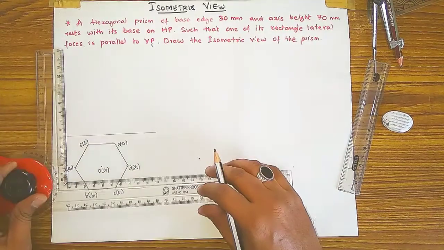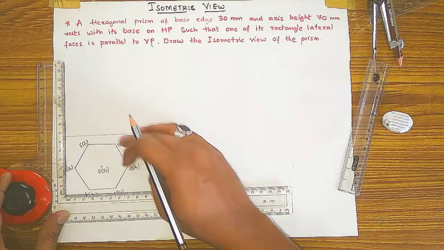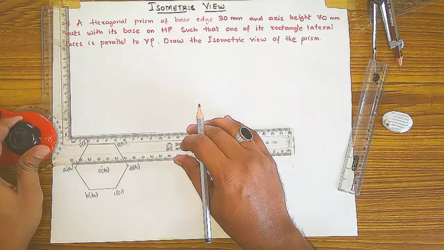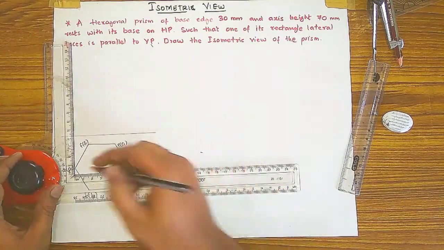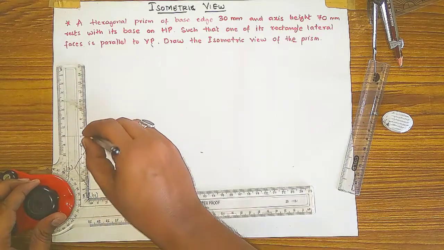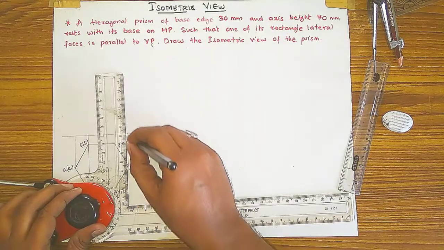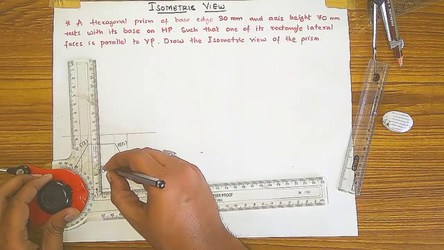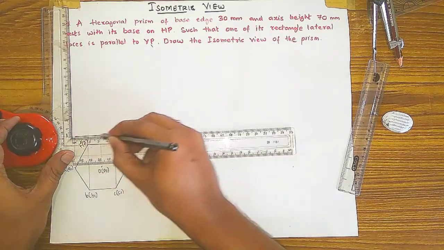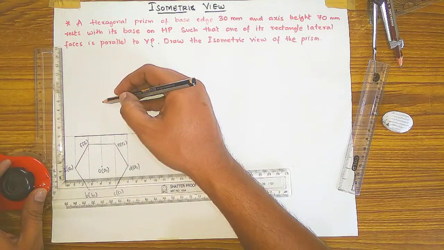After the labeling, you have to draw a projection line from each point to the XY line, and the projection line should be perpendicular to the XY line. So adjusting the minute and drawing projection lines like this. Then from O also you take the projection line, and the portion on the X1 line you have to darken, because this is the base of the prism. Here you will draw the prism.